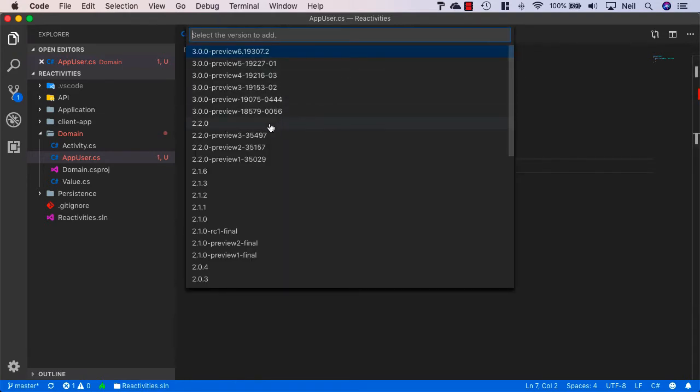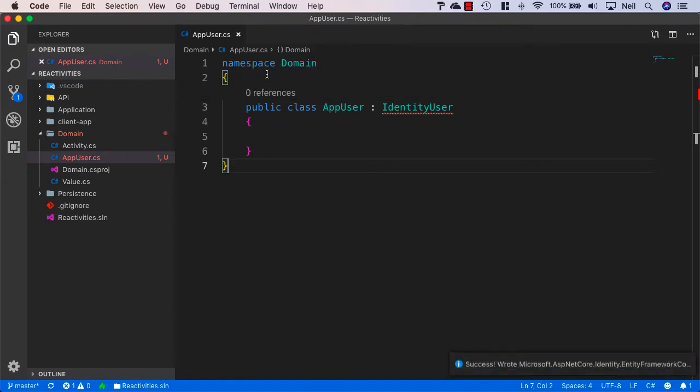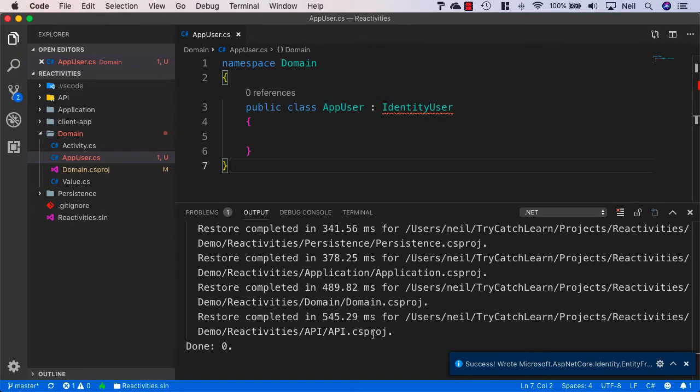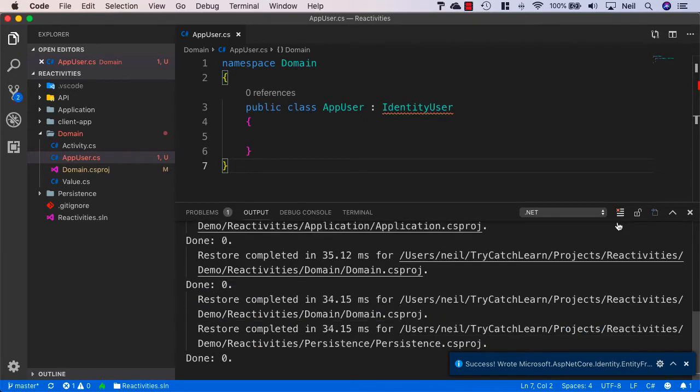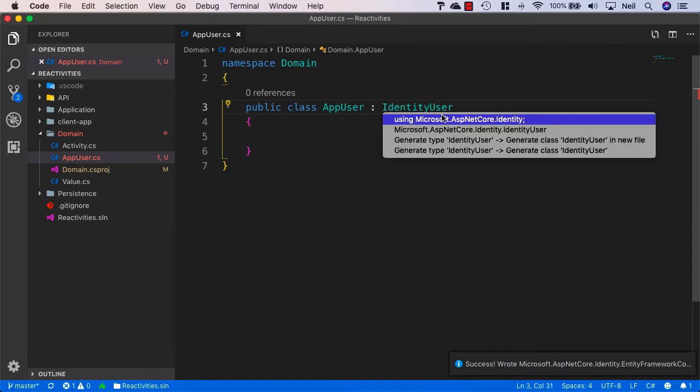And once again, make sure this is the same version that you've been using throughout this particular course. And I'm going to pick the one that matches the runtime, which is 2.2.0, or 2.2 in this case. The 3.0.0 ones are for the preview version of .NET Core 3.0. So I'm going to select 2.2.0, and we want to add this to our domain project. And once this is done, we'll use the restore button to add this into our project. And once this has completed, we should be able to use the quick fix to bring in Microsoft ASP.NET Core